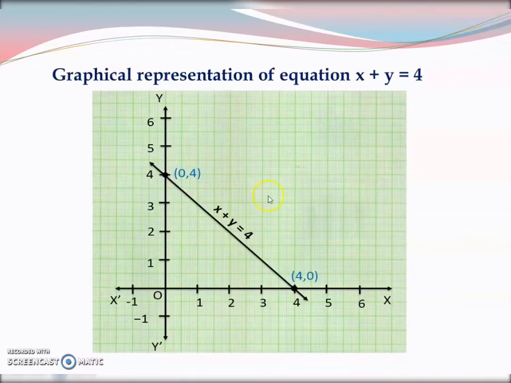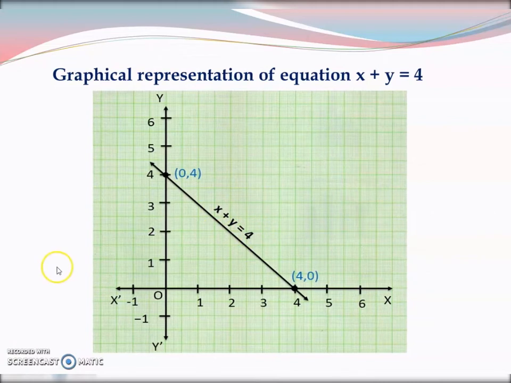Next, we will draw the x and y axes, and we will mark the coordinates. Then (4, 0) is this point on the x-axis, and (0, 4) is this point on the y-axis. So if you join these points, the line that you get is x plus y equal to 4. And you can extend this line indefinitely. All the points that lie on that line will be solutions of that equation. So you can take multiple values. You can have 4 points also. (1, 3), (3, 1), or (2, 2) will all lie on the same line.